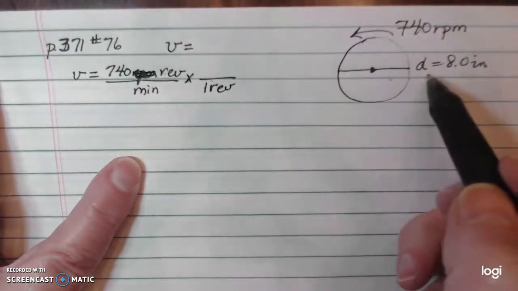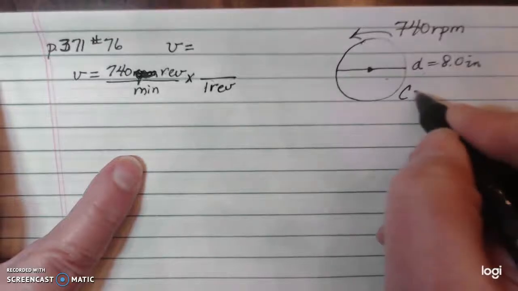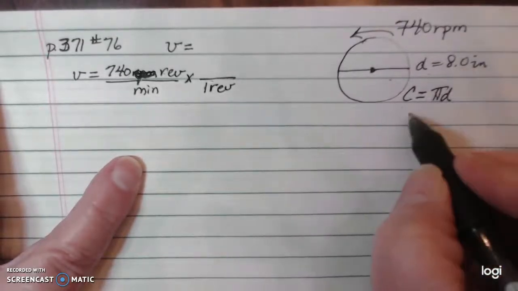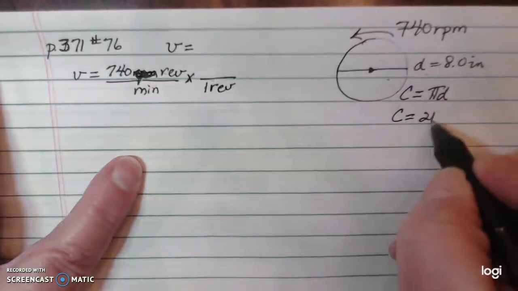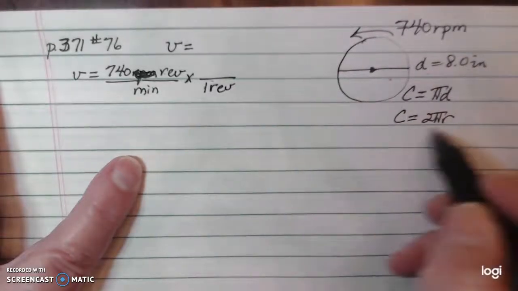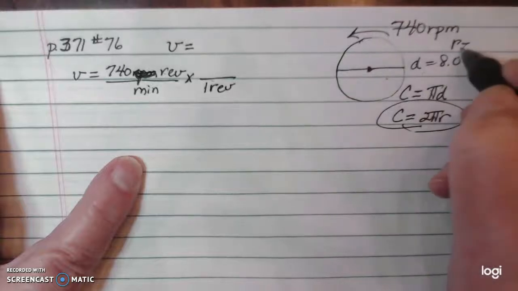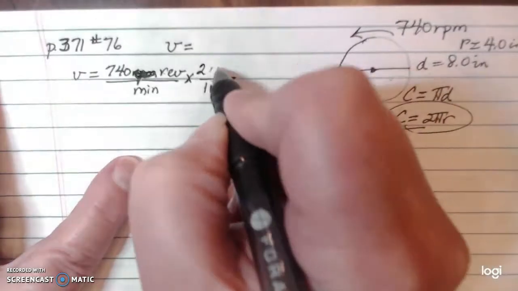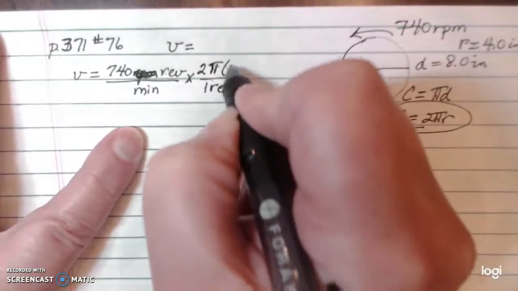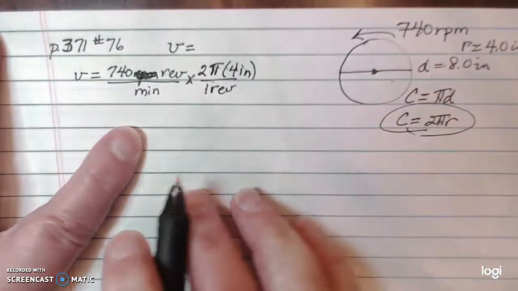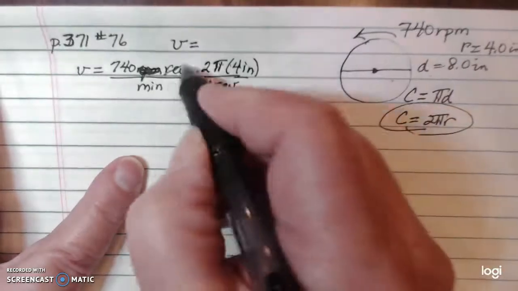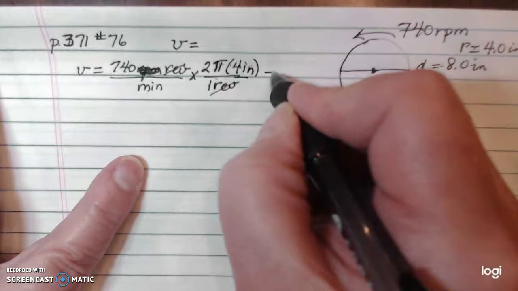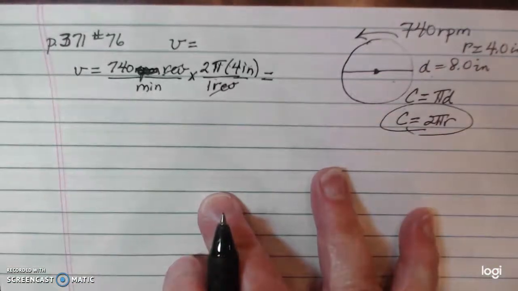Because I've got diameter, I can use circumference equals pi d. Otherwise, if I wanted to find radius, I would use circumference equals 2 pi r, your choice. Why don't I stick with 2 pi r? So we know radius is 4 inches. And so we're going to have 2 times pi times 4 inches in 1 revolution. And that should give me inches per minute. And when I do that calculation in my calculator, I end up with